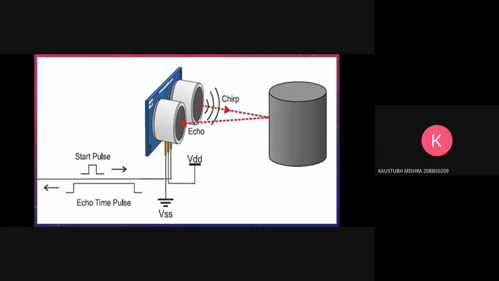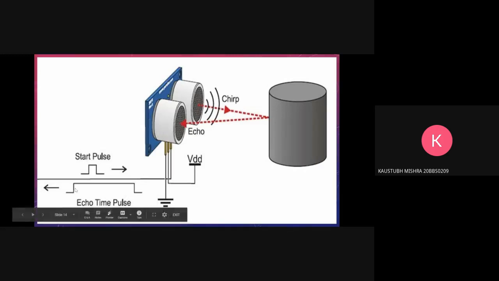So that is basically what is happening over here. So whenever a current, you can see this start pulse, right? This is a small pulse of current of 10 microseconds that is sent into the ultrasonic sensor, and hence the transmitter actually sends out a 10 microsecond pulse of ultrasonic waves. So this wave travels. This is called the chirp, and this travels, it reflects, and is received.